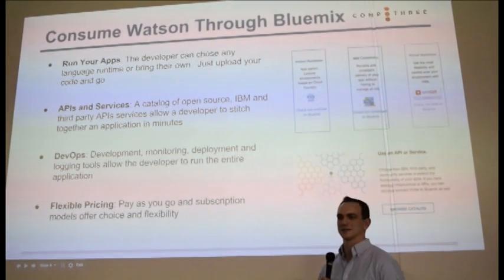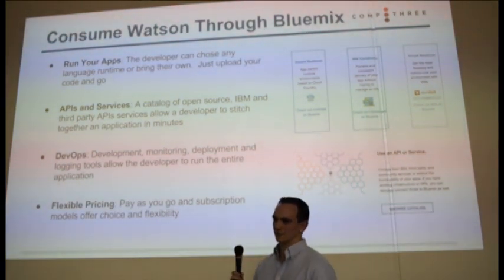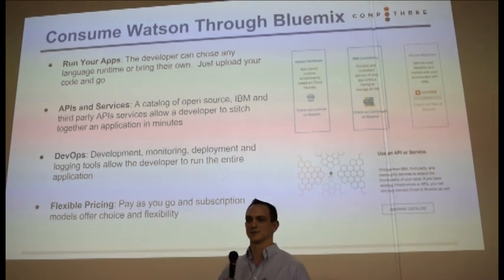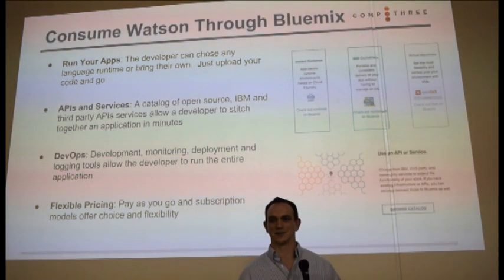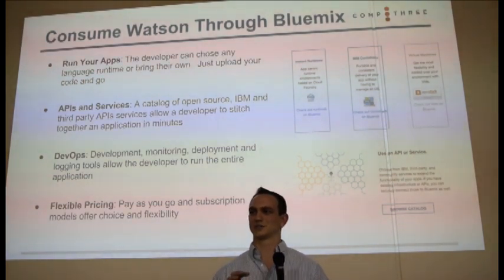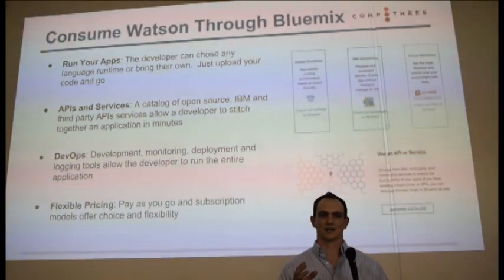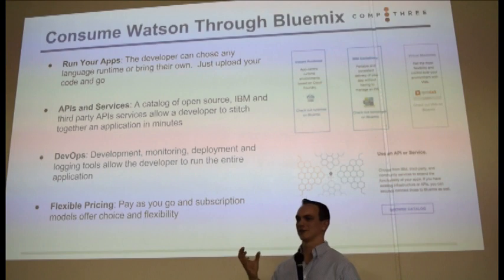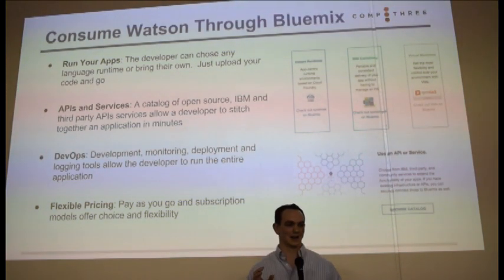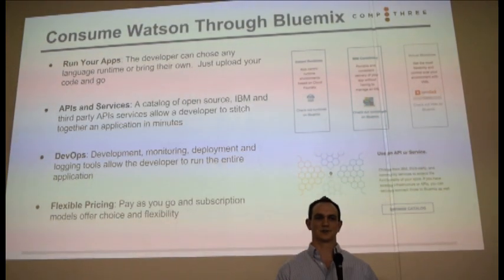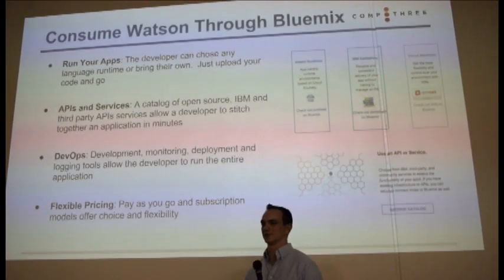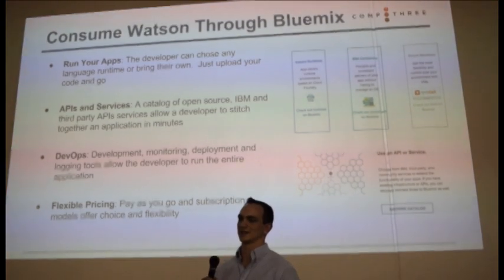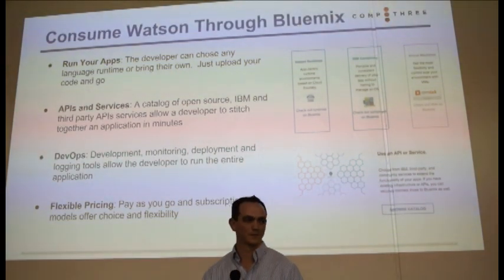So in order to get access to these services, it used to be that most of IBM's technologies would be installed on-prem. It would take a while to install them, but really IBM has switched to a, you could say, cloud-first model, where things are made available via the cloud, and that makes it really easy for developers to get access to them. They don't have to sit there and install on their laptops or get a server provisioned. They can just access an API and have that service available.